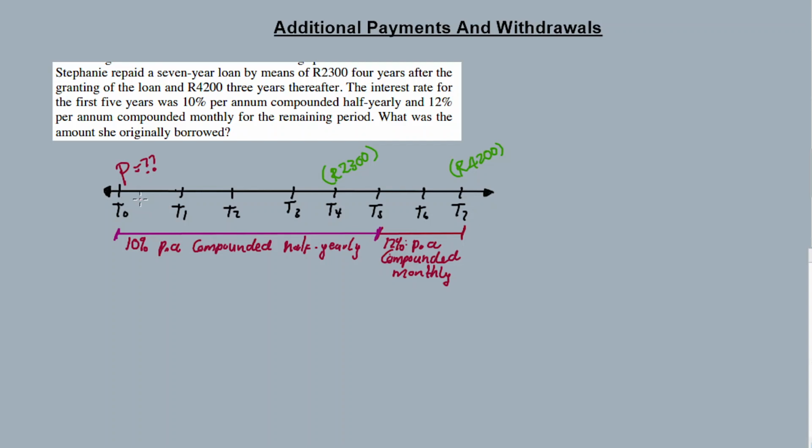With questions on loans, we bring the amounts back, and with investments and savings, we bring them forward. Now since we are calculating P this time, we are going back. We follow these transactions, this one and that one.